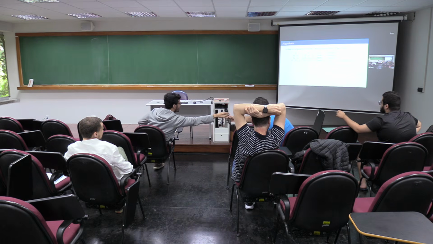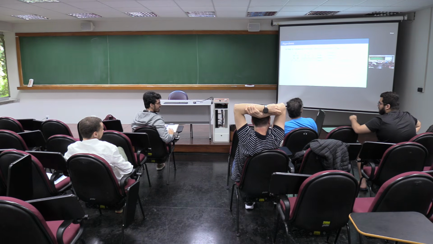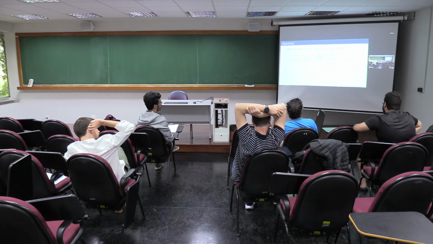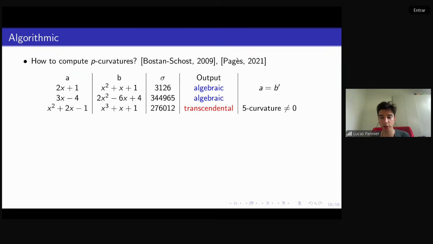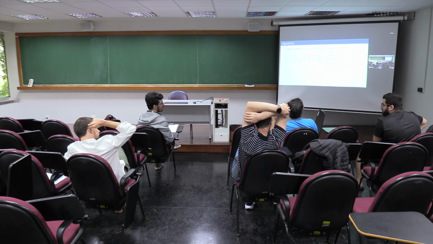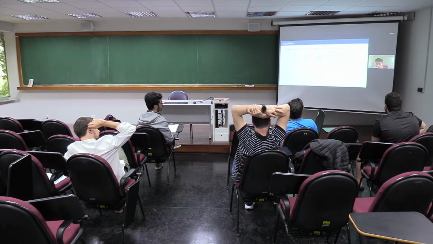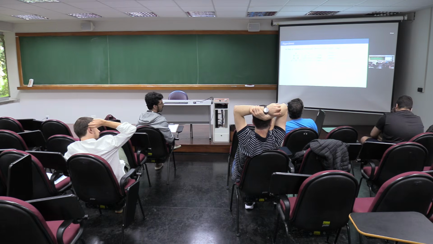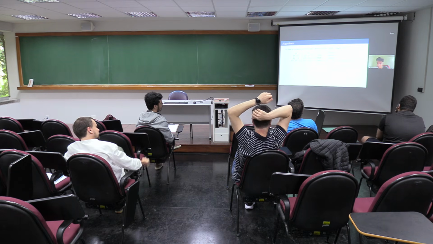Yeah, go ahead. Lucas, so your sigma is far from being effective, no? For example, this 5 curvature already, one example says that it might be too big. What do you mean? Do you mean that maybe there is a smaller sigma? What I'm saying is there might be some smaller sigma satisfying. Yes, we can hope for that.